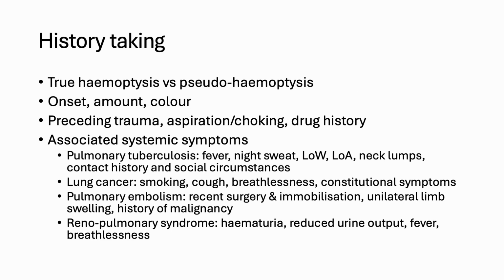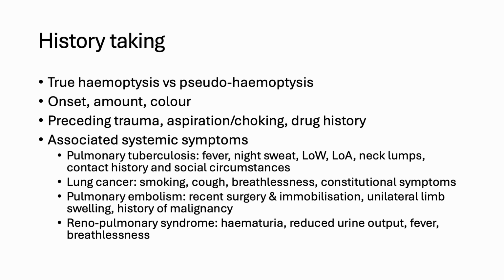The first step in the approach to patients with haemoptysis is to take a good history. We need to differentiate between a true haemoptysis versus a pseudo-haemoptysis. A true haemoptysis is defined as coughing out blood from the lower respiratory tract, defined as the airway below the vocal cord. Whereas a pseudo-haemoptysis can range between bleeding from the upper airway or patients vomiting out blood instead